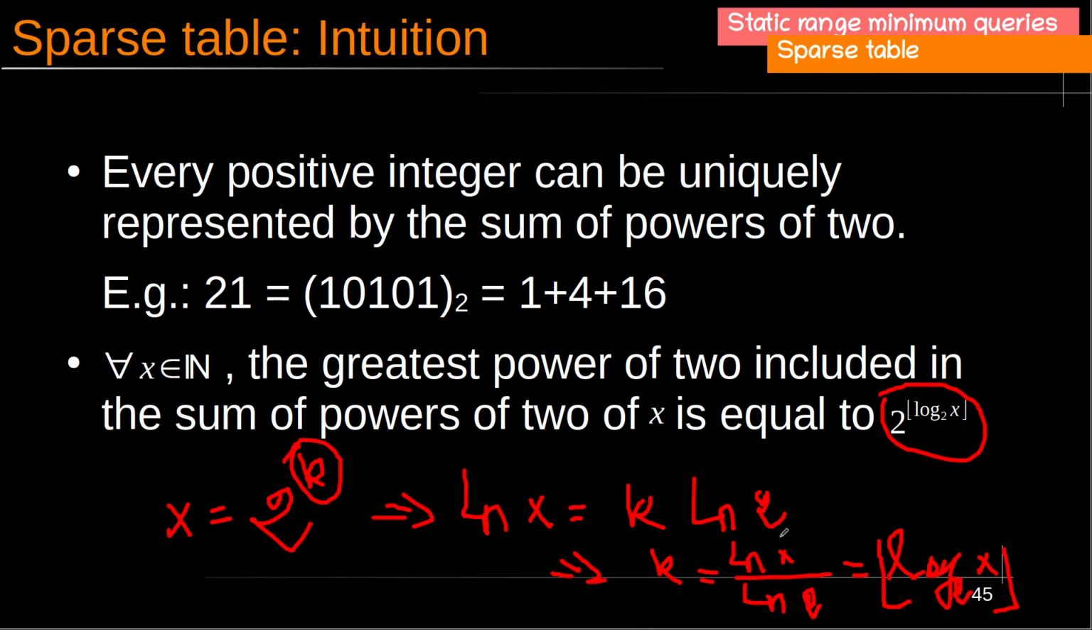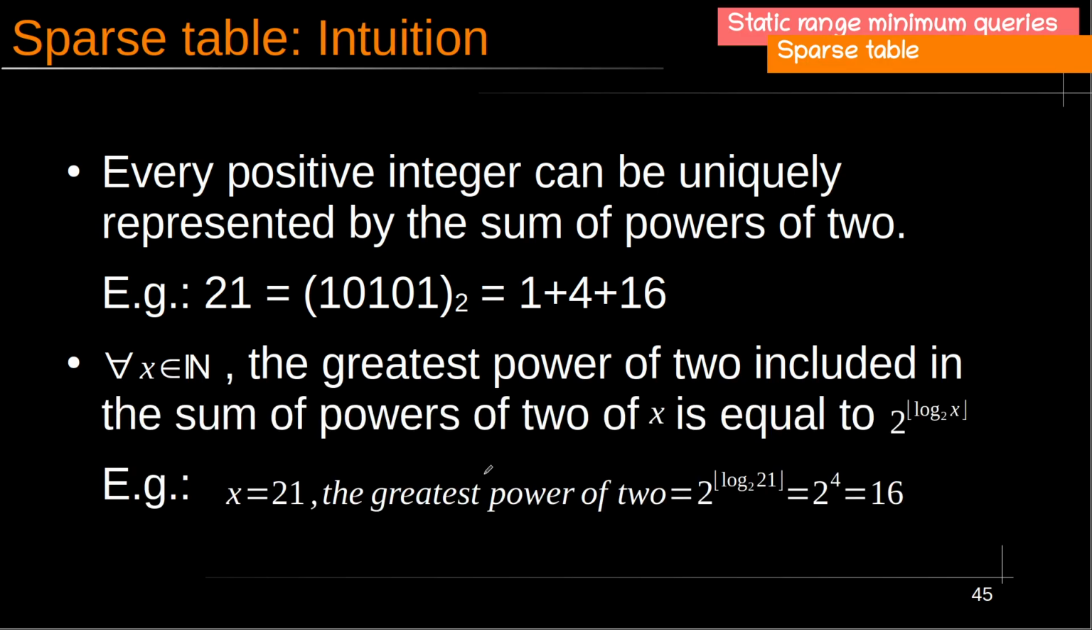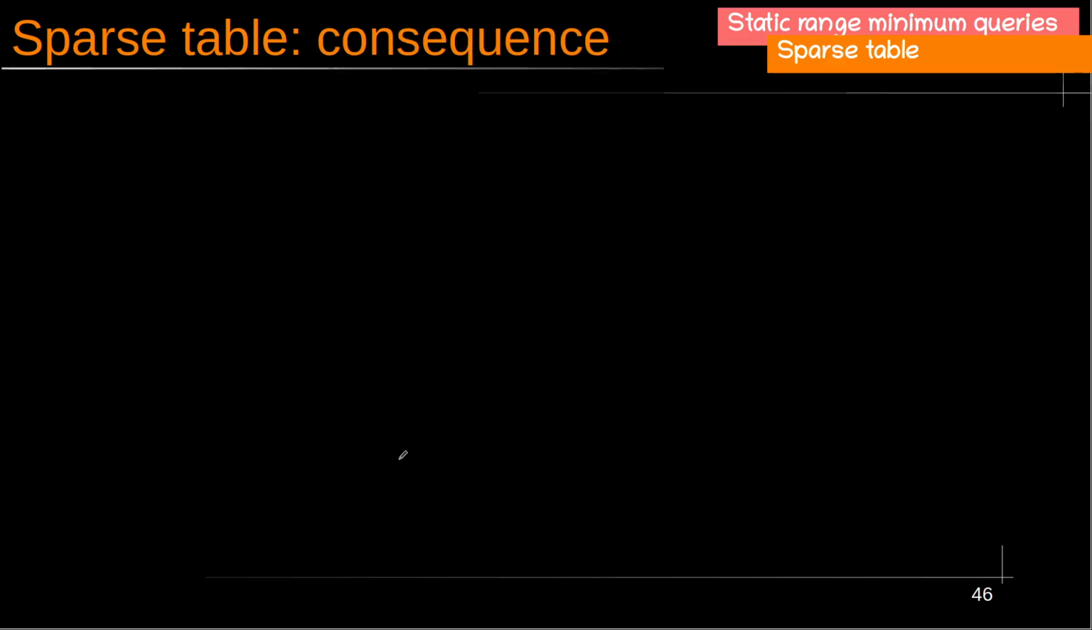Let's take an example here for 21. As you see, the greatest power of 2 included in the sum of powers of 2 of 21 is 2 power the floor of log base 2 of 21, which is 4. This value is 4. So 2 power 4 is 16, which is this one. Consequence of this intuition,